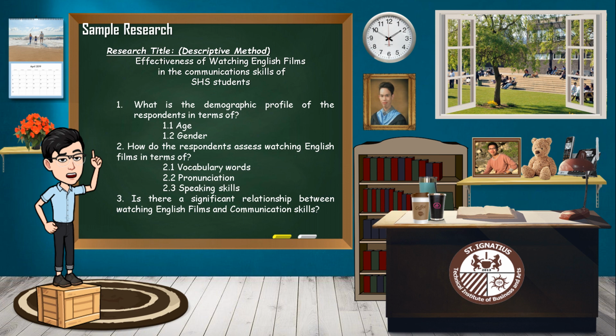Pero kung titingnan natin, ito ay kulang pa. Kasi titingnan pa natin yung differences na meron ang demographic profile doon sa respondents assessment na communication skills, at kailangan din natin gumawa ng key variables para sa watching English films. Para hindi tayo malito, less complication lang, dapat doon lang tayo sa pinakamadali. For senior high lang muna tayo. Dahil ito ay matututunan nyo pag kayo ay nag-college na. No? So,